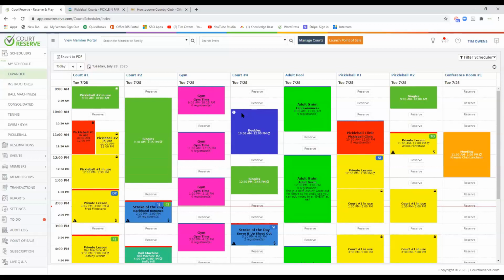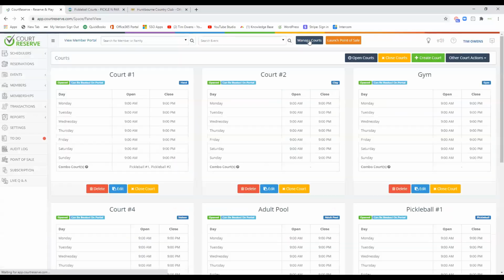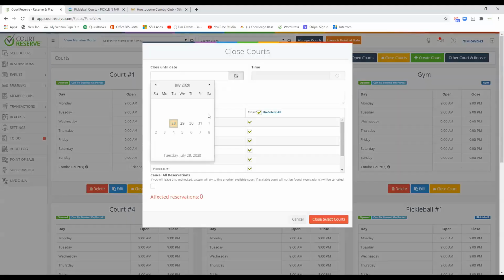Now, here in North Carolina, it could rain at the drop of a hat. So we need to be able to shut down courts quickly and easily without having to call, text, or email. We do that by the Manage Courts button. With the click of a button, you can close courts, and you can actually choose to, let's say it's going to